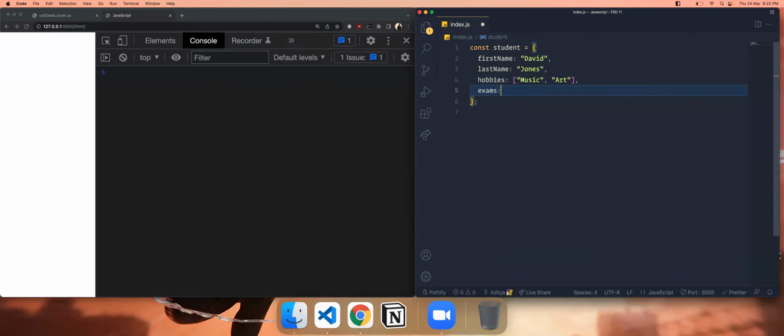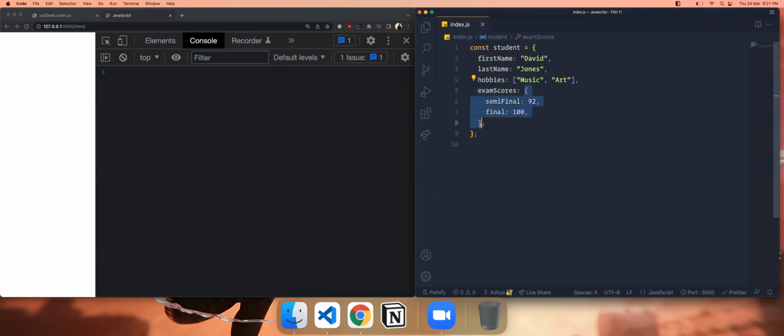Like let's say you want to get the exam scores here. This will be an object where you're saying the semi-final exam he got 92, and the final he got 100. Okay, so this is how we create an object which has an array as a key and an object also as a key here. This is also possible. So your object can actually contain any type of value, including and not limited to an array as well as